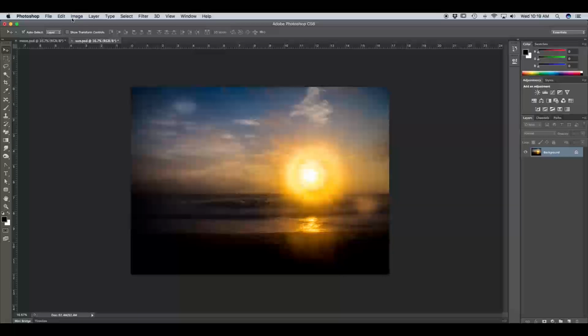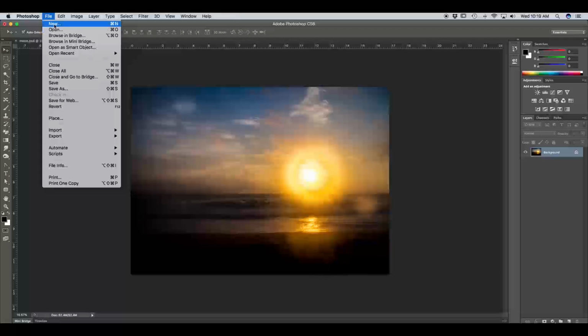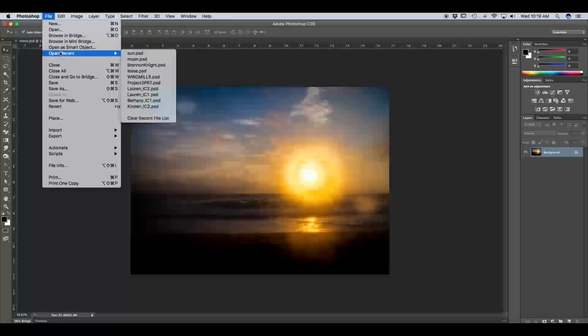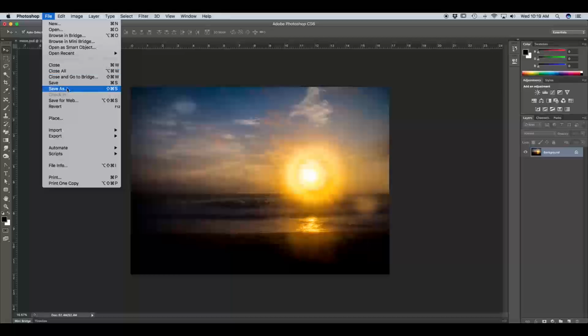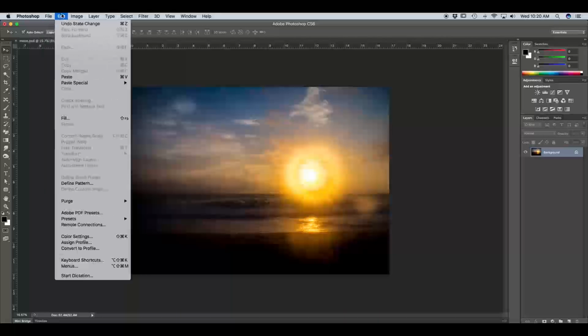Okay, so the first thing I want to touch base on is Photoshop's menu bar. It's similar to most applications. We do have our Photoshop preferences. We can create new documents, we can open old documents, we can open recent documents, close our documents, save our documents. And once you get a little bit more familiar with Photoshop, you can start importing and exporting video, saving for web, etc. Alright, if we pop over to Edit, one thing I want to point out with Edit is